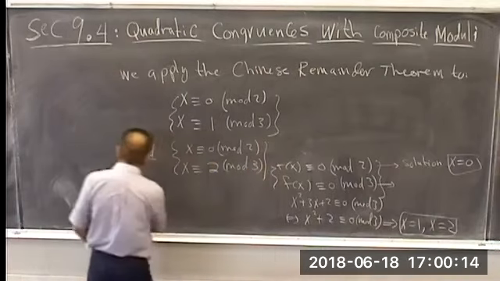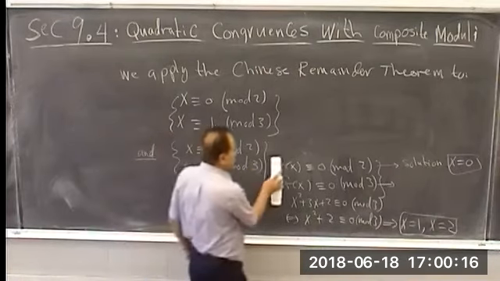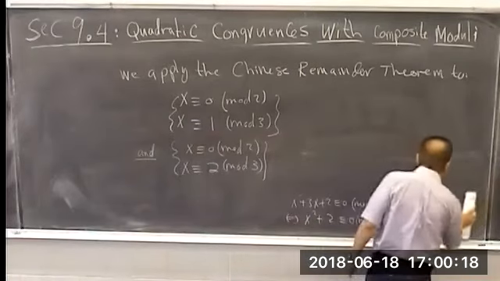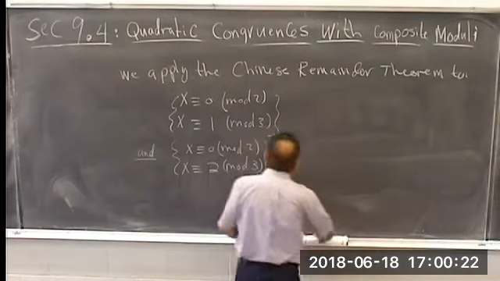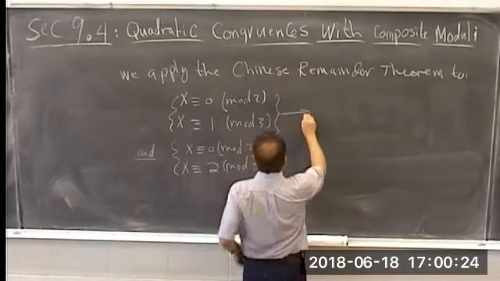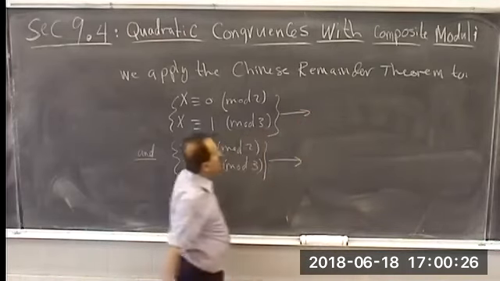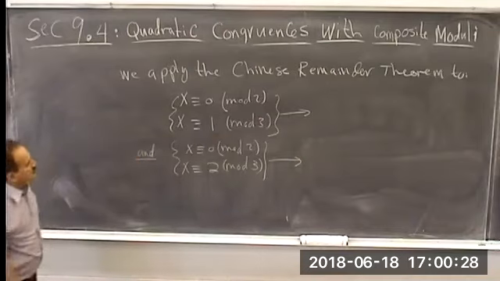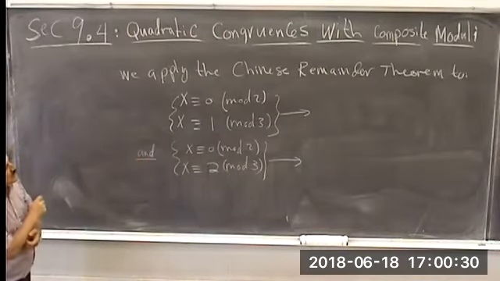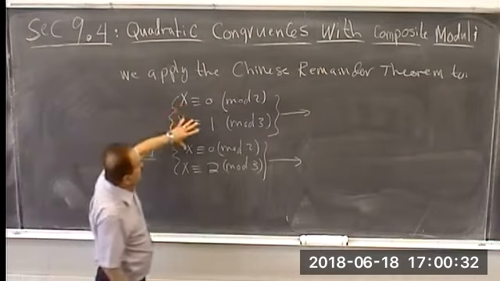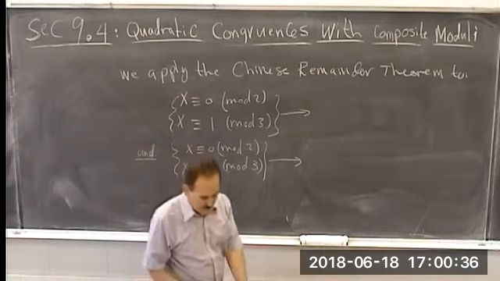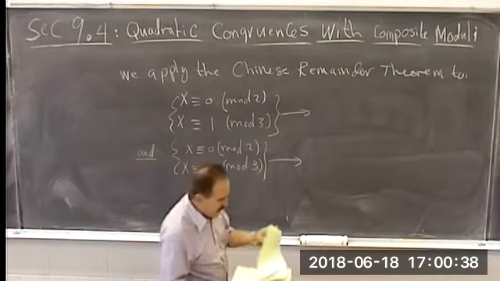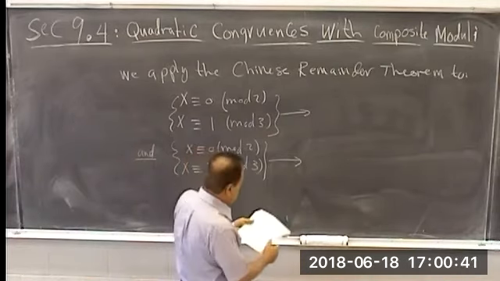So we're going to apply the Chinese remainder theorem to these two systems. And so you need to go back to chapter 4 to recall how to apply the Chinese remainder theorem to solve this. And the solution we get is mod 6. Okay, so for the first one, the solution you get